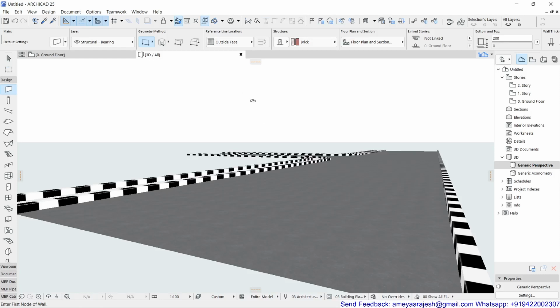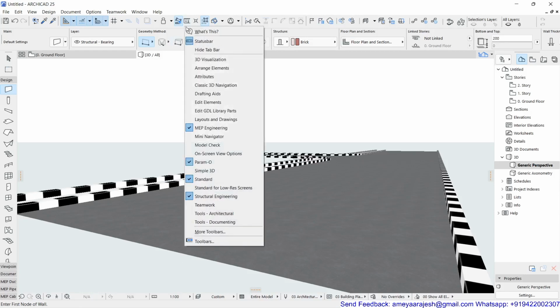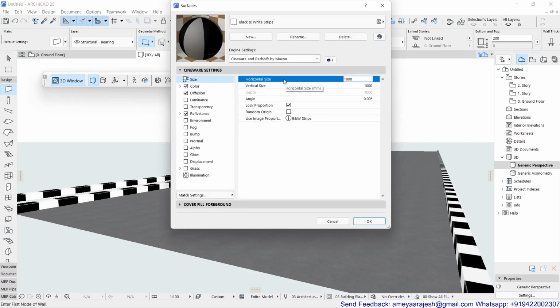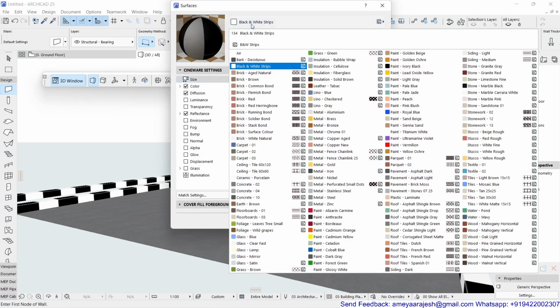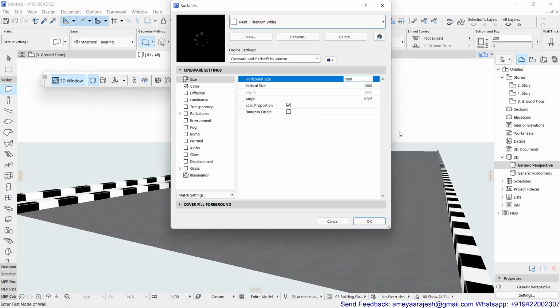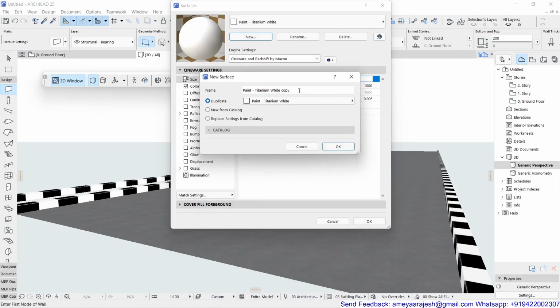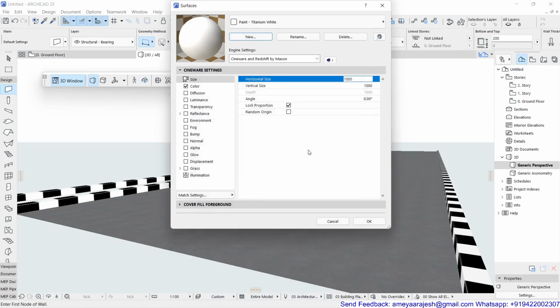Now, how to develop this surface? It's a very simple thing. If you just go inside the surfaces and check, you should take a base material as any, like I have taken this paint titanium white, and once that was taken, I'll click on New and then I'll say duplicate and I'll give the required name, that is black and white strips and so on.